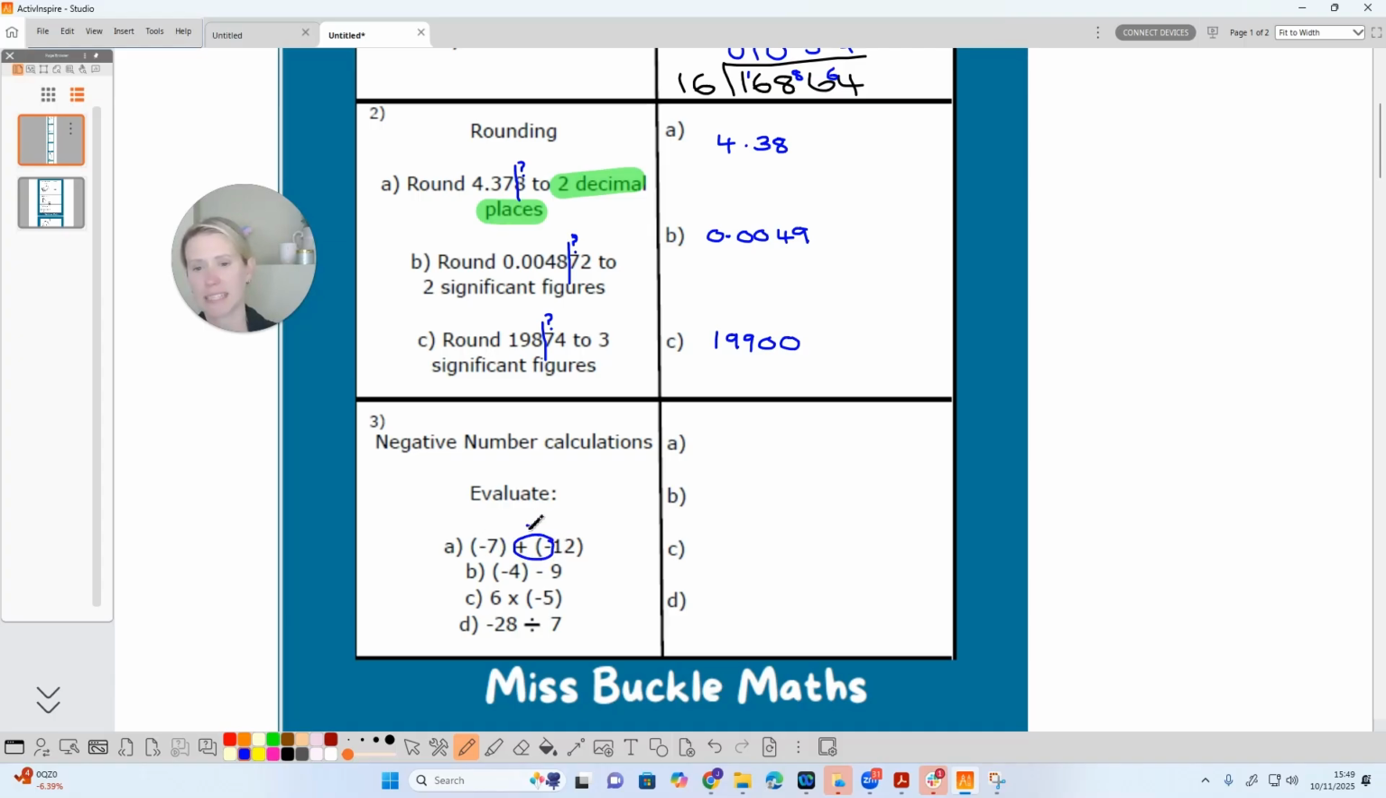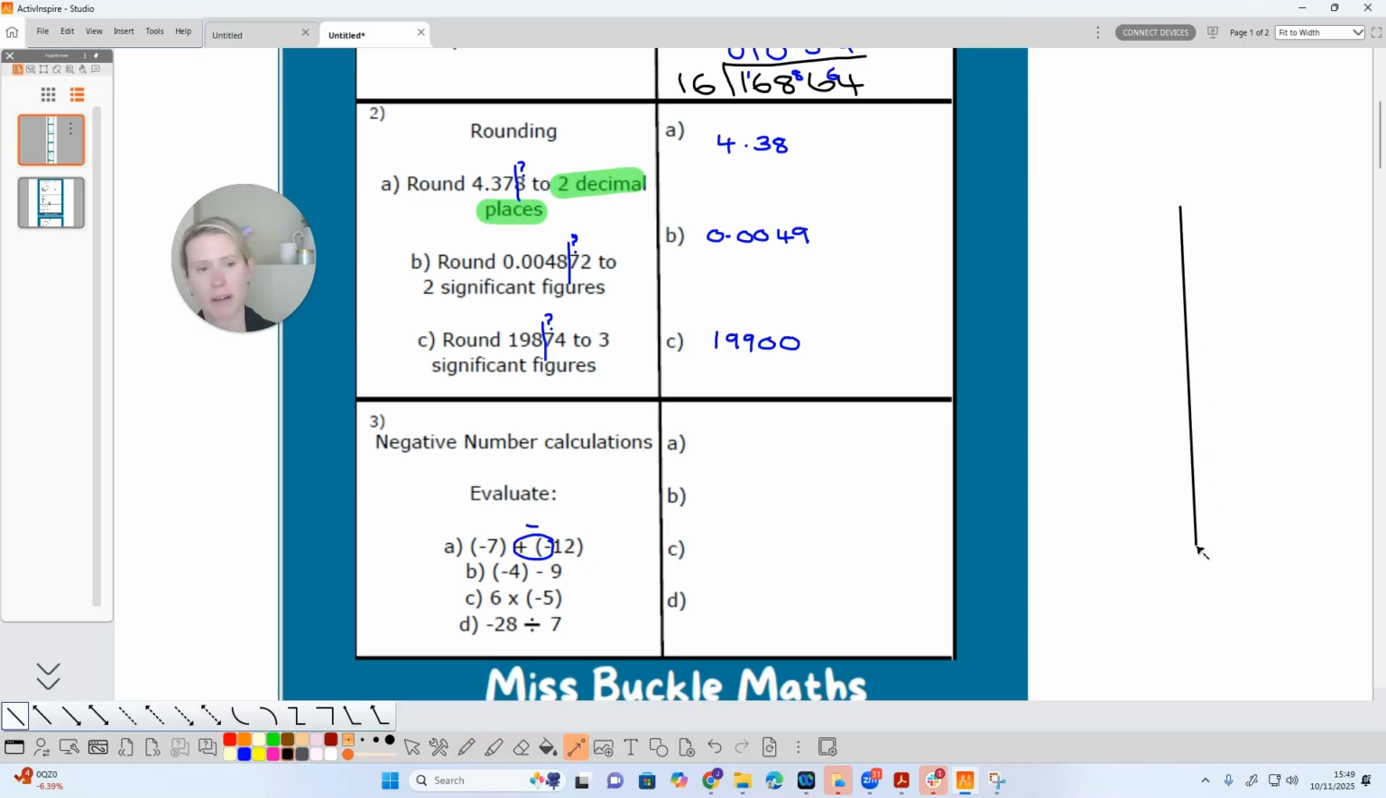Negative 7 plus minus 12, and positive and negative together make a negative. We're starting at minus 7 and we're going down by 12. Now sometimes a number line